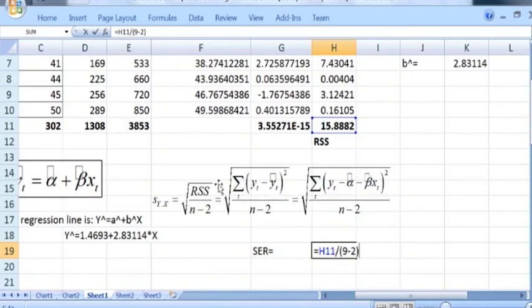Now we need to take the square root of this whole thing as well. So at the start just use the square root command, and then close the parenthesis. This will calculate the square root of the full expression, RSS divided by n minus 2. So that's it. This will give us the standard error of regression. So it is 1.50656. This gives us the error in the estimated value of the regression line, that is, how much data is dispersed around this regression line. It is 1.50.